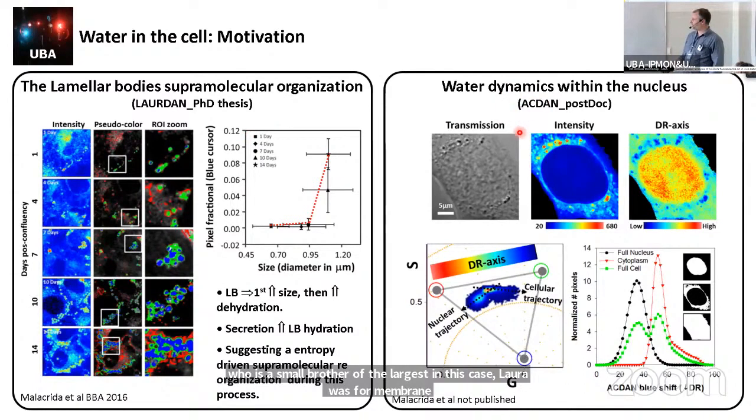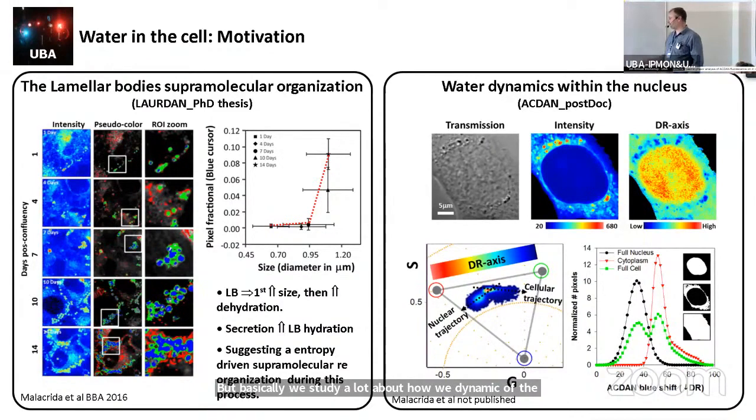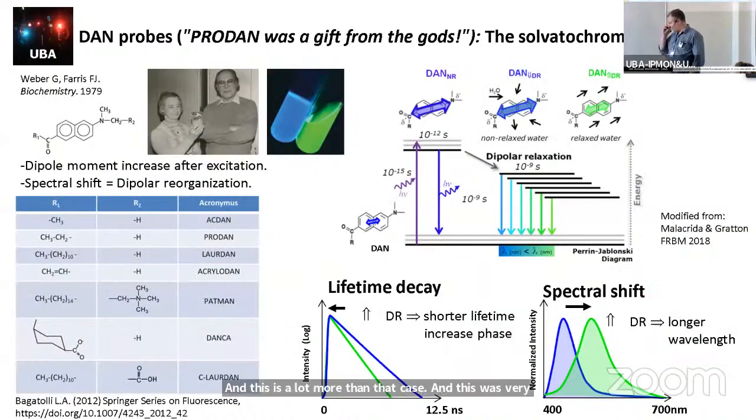And when I was working in California, I spent a lot of time trying to understand the dynamics of water inside the nucleus, in particular the different kinds of chromatin. And this was never published because I never had the time to write the paper. But basically, we studied a lot about the dynamics of the chromatin in different situations, and there is a lot of work done in that case. And Luis was very influential in my research.